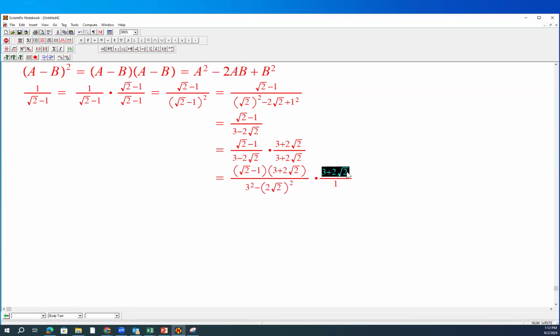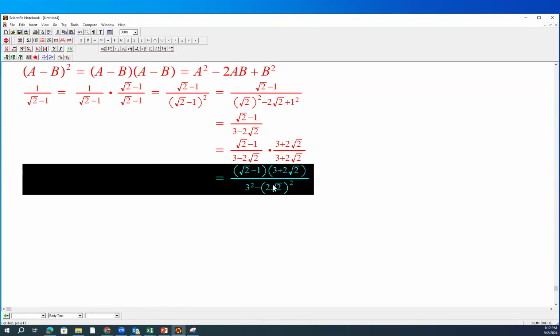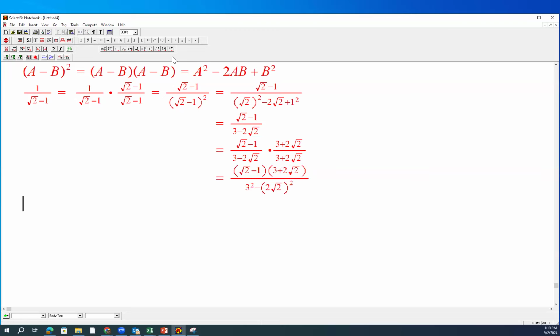Okay, so let's be patient, right? So this is gone. And what's in the denominator? In the denominator, 3 squared is 9. 2 times root 2 squared is 8,